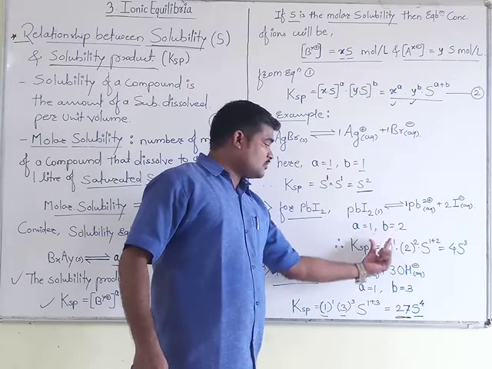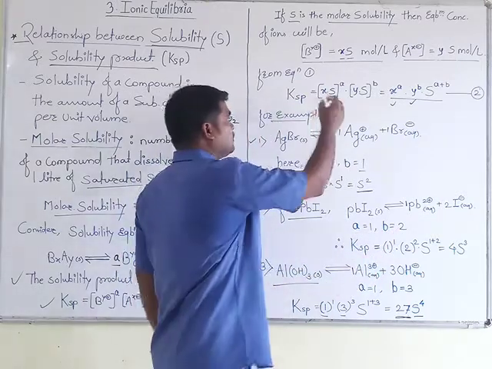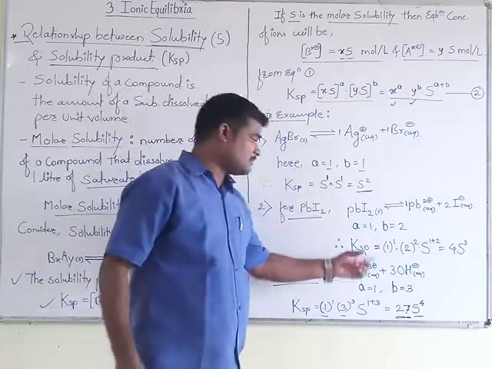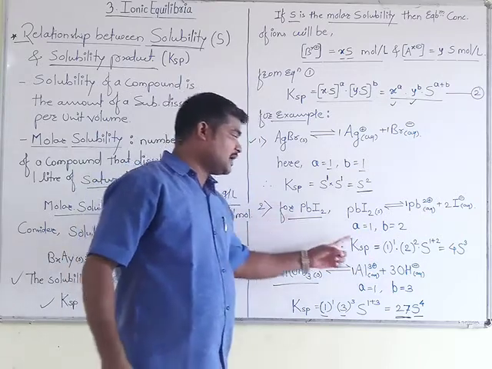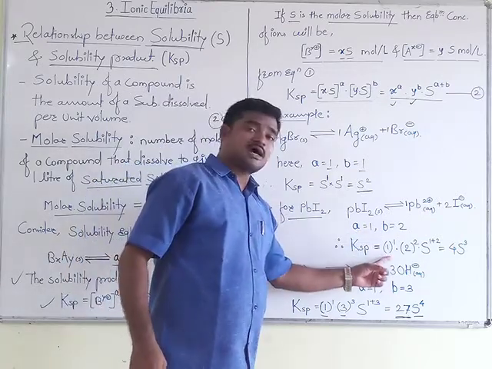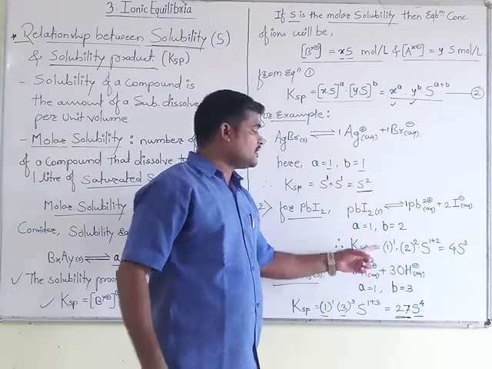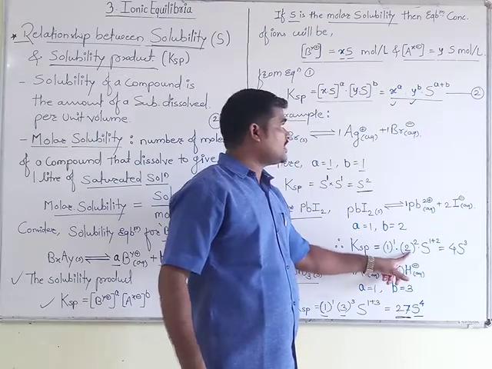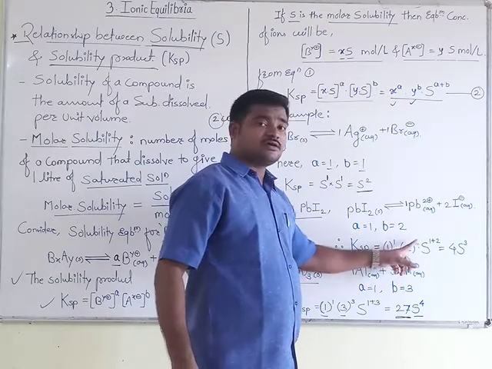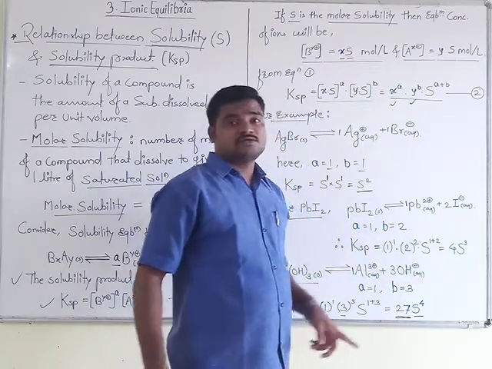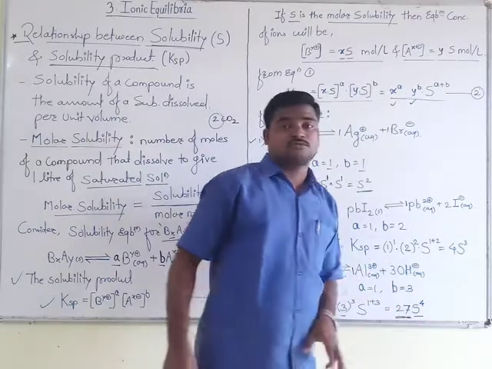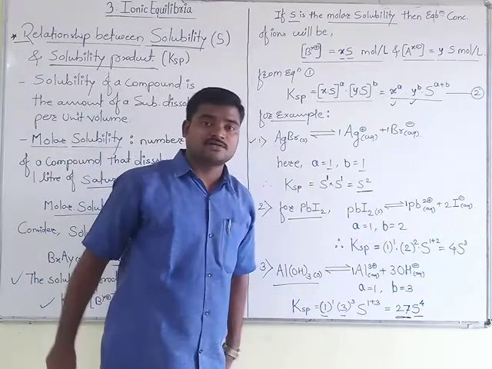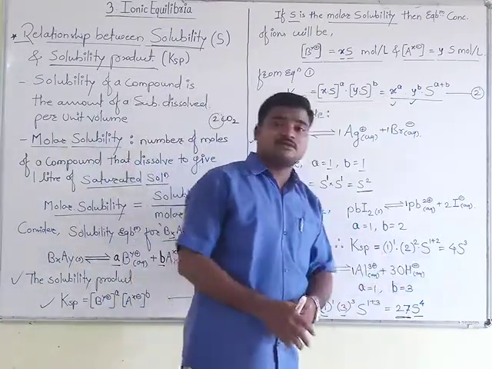Okay. So what I did here, also with the help of this formula, that is from equation 2, equation 2 I have applied here for this second example, PbI2 also. Here the values of a and b are nothing but 1 and 2. And I have substituted the value of x as 1 and y as 2, and here I have taken their powers, and yes, that is molar solubility raised to 1 plus 2, because as the base is the same, we have to add their powers, and the same thing I have done here.